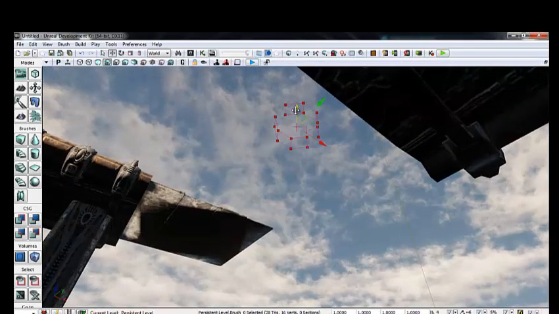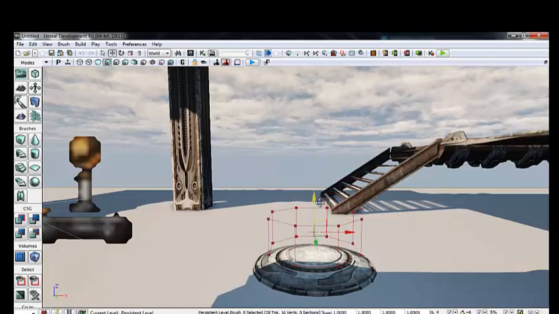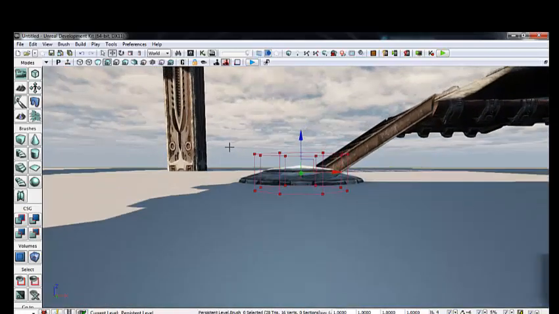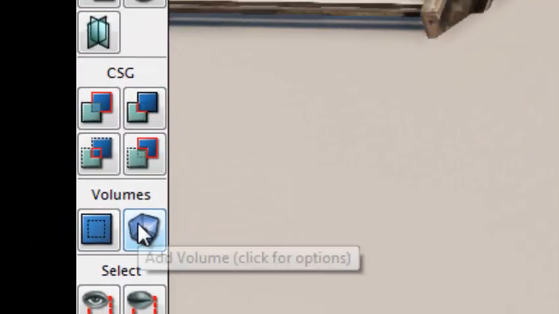And as you can see, we didn't position it correctly in the Z-axis, so I'm just going to drop this down. Drop it down so it's as close as possible. That looks good. So now in order to create a trigger volume, I'm going to left click down here under